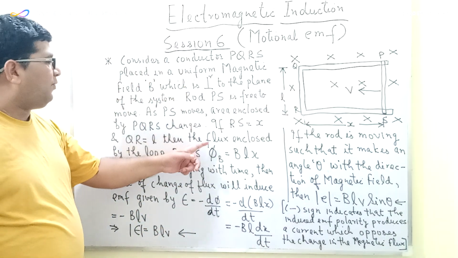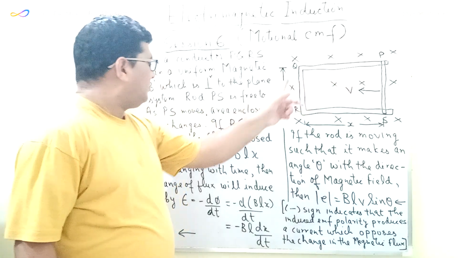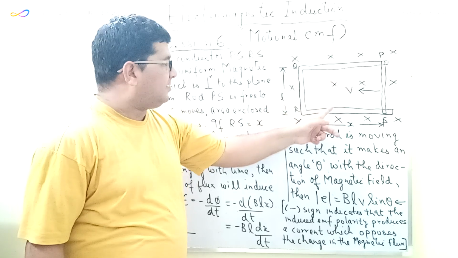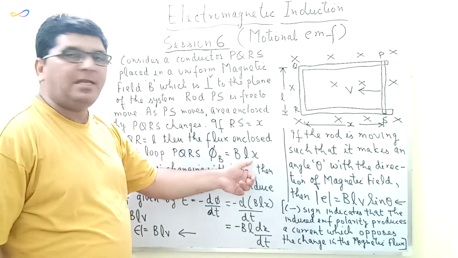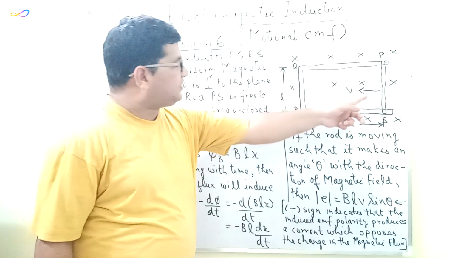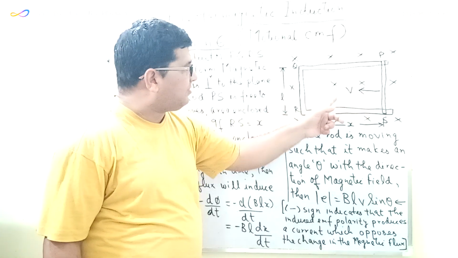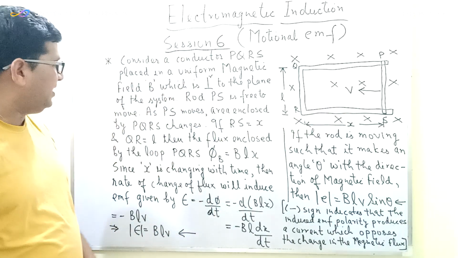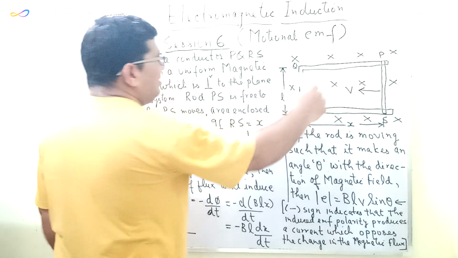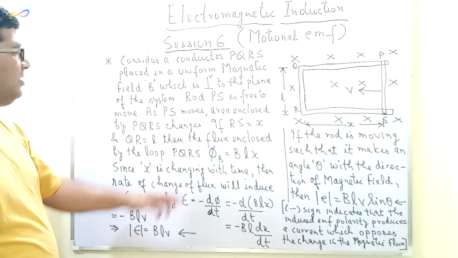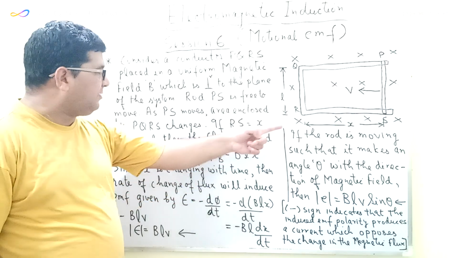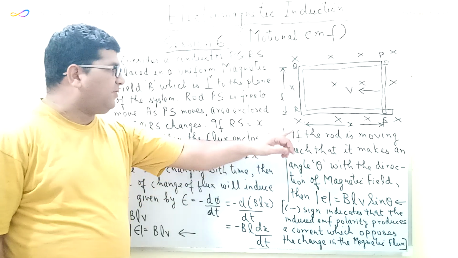Now, the flux associated with this rectangular conductor will be given by BLX. Since the rod PS is free to move and it is moving in the direction given by this arrow with a velocity, say V, the area enclosed by this rectangular conductor PQRS will also change with time. Now since X is changing with time, therefore the magnetic flux